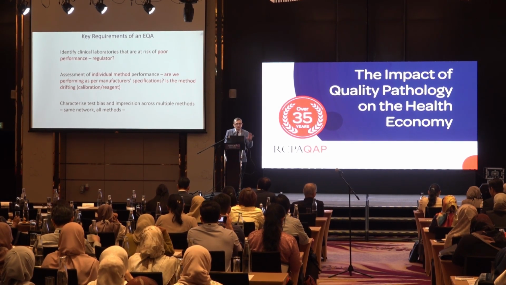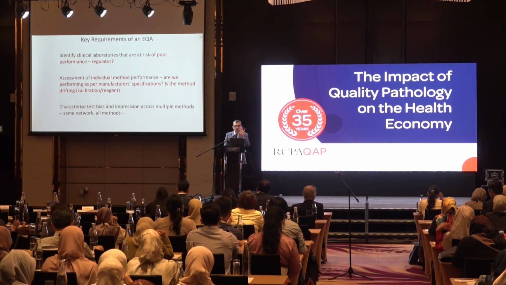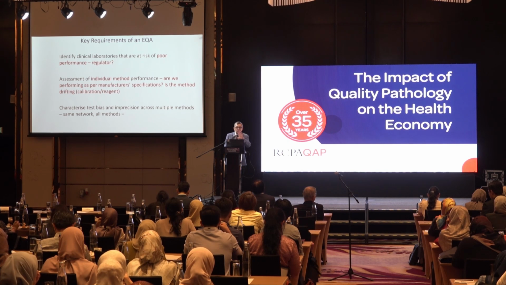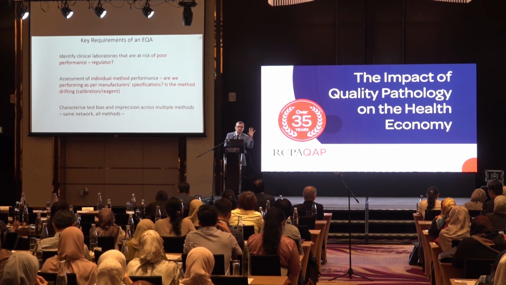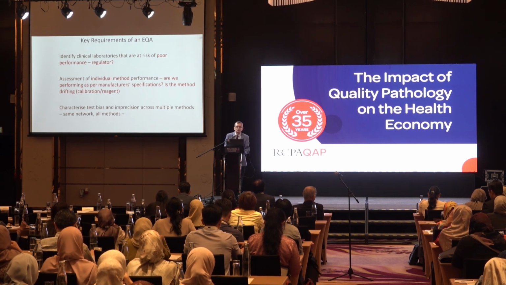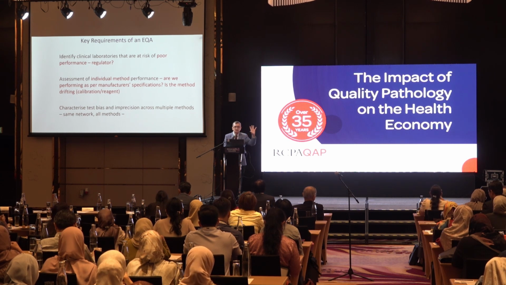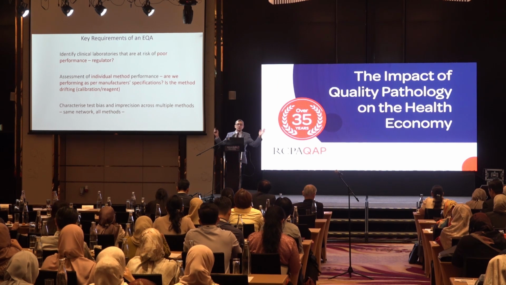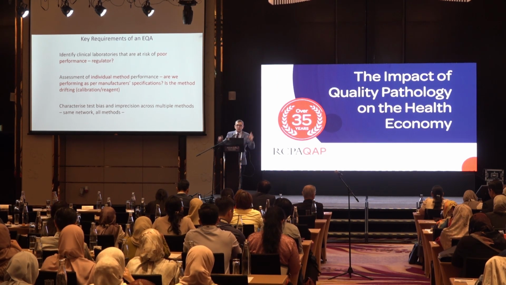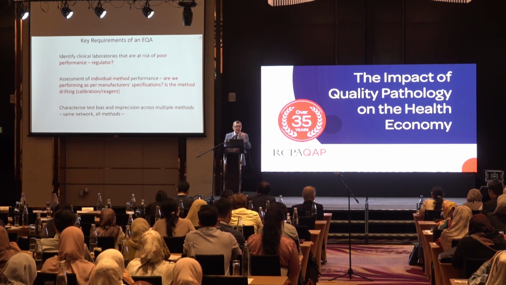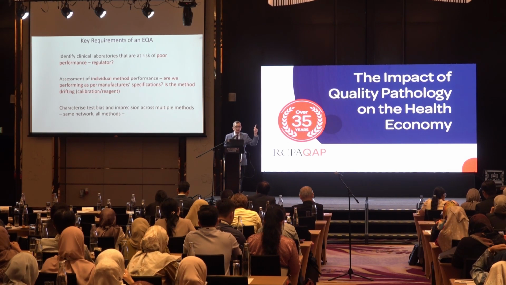Okay? We think that if our method has got a bias compared with another method, that's okay. As long as I'm doing as well as my method, we think that's okay. I'm doing as well as the worst method can allow me to perform. That's okay. That's what you do, isn't it? You compare yourself against your method peers. And so as long as you're performing well with your method peers, that's all right, isn't it? So if you're with a bunch of bad drivers zooming down the highway at 300 kilometres an hour, because we're all together, that's okay. Is there any risk in that?